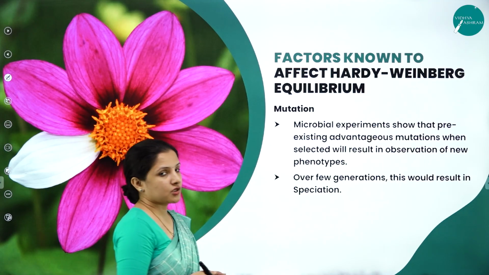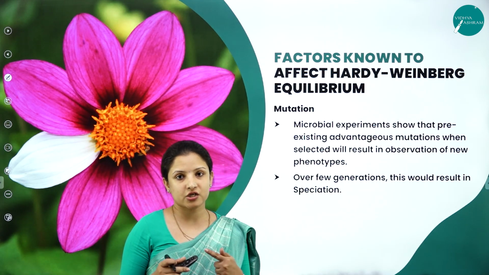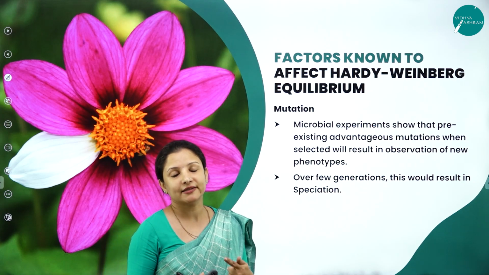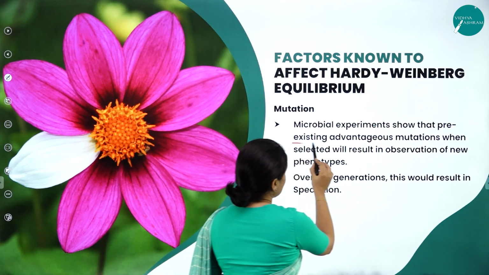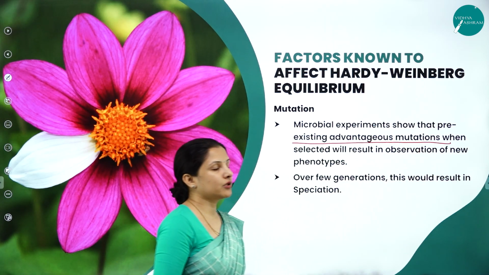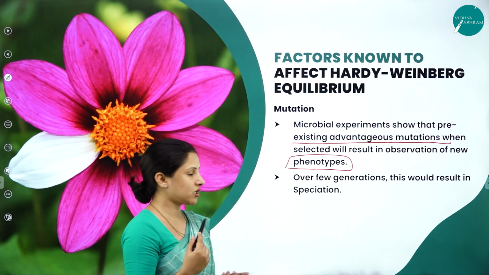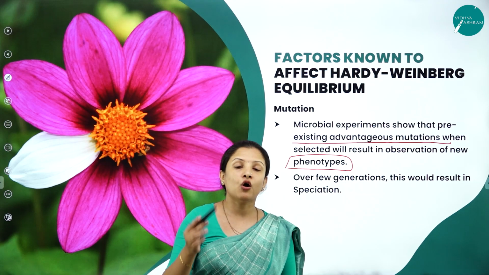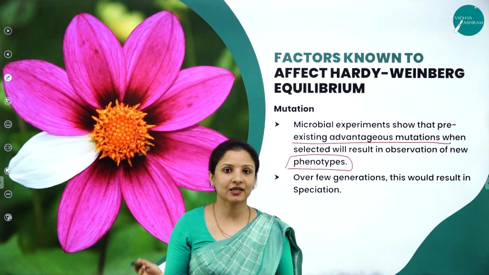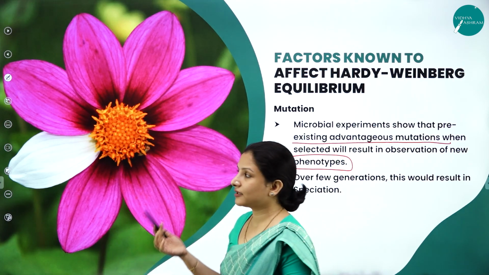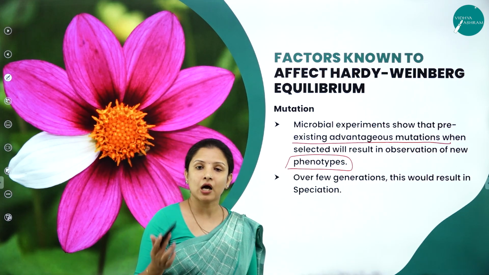Next is mutation. Mutation can also cause a lot of alteration in the current species as well as in the generations of the species. Microbial experiments show that pre-existing advantageous mutations, when selected, will result in the observation of new phenotypes. That is true, right? Over a few generations, if this mutation continues or if the mutated gene gets carried to the new generation, then a new set of species can develop or a variation in that particular organism can happen. Therefore, mutation is also one of the factors that can affect Hardy-Weinberg's